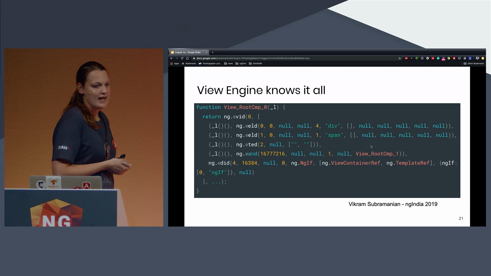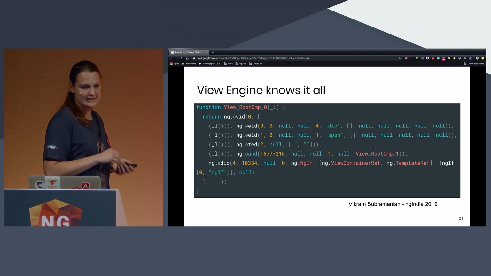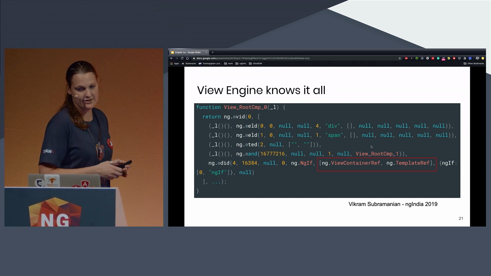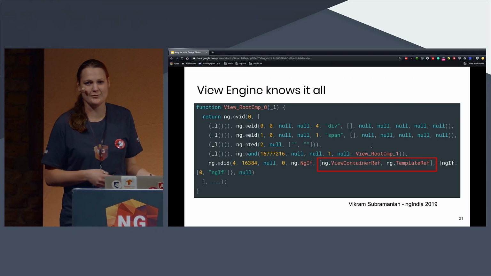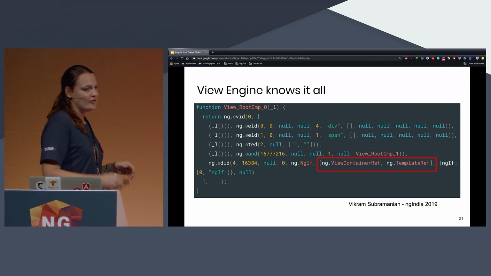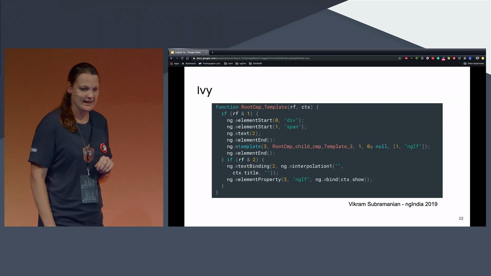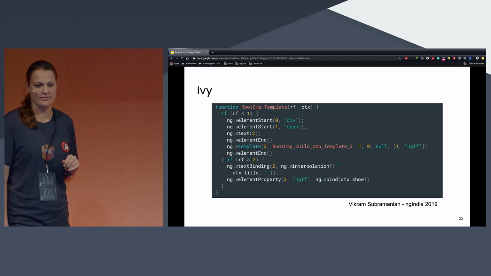So this is a View Engine example, where the View Engine knows here at the ngIf exactly the dependencies of ngIf. But the component is using this ngIf, as I said, and it doesn't need to know the dependencies of an ngIf. So what they did, the Ivy way again, is the same snippet we saw before.